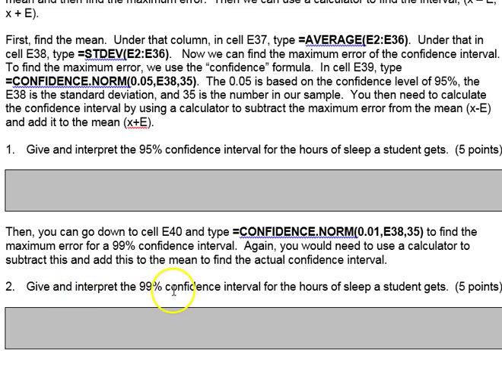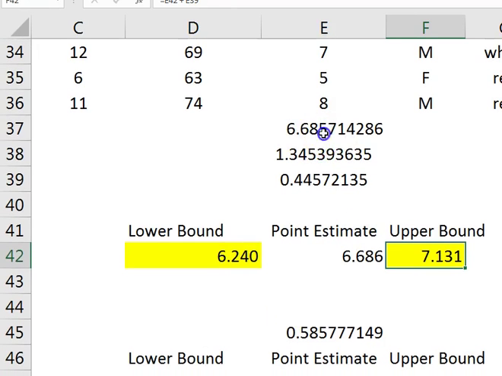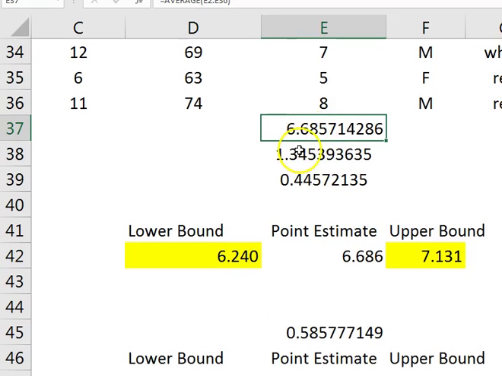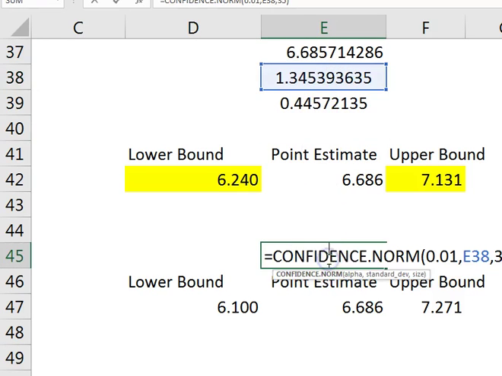For number 2, we're doing pretty much the same thing, but now with a 99% level of confidence. So if we would repeat this process 100 times, 99 out of 100 of the intervals would contain the population mean. And so we already have our point estimate from our sample. That's still going to be right in the very middle of our confidence interval. Our standard deviation is not changing. The only thing we need to do is find